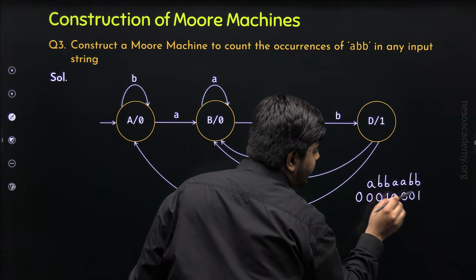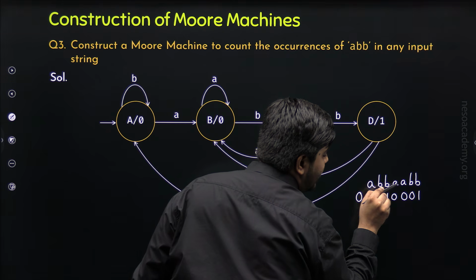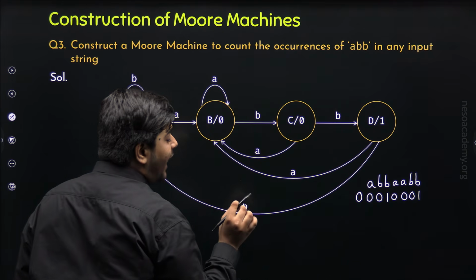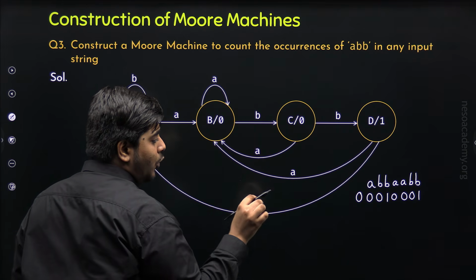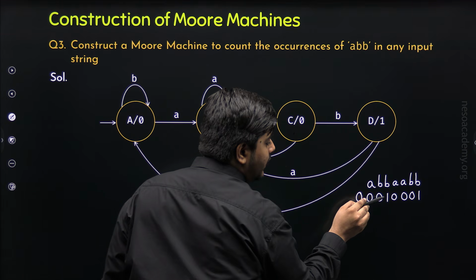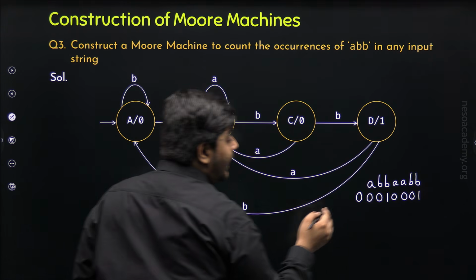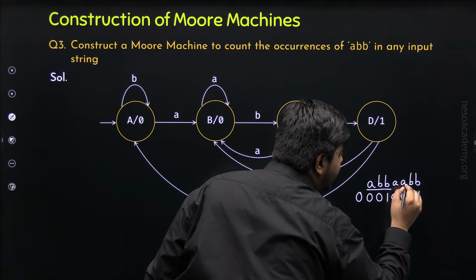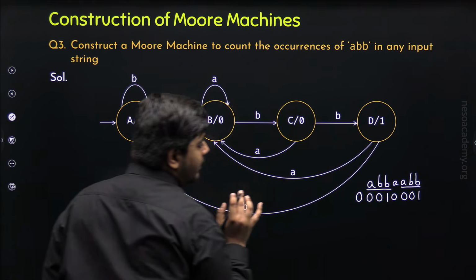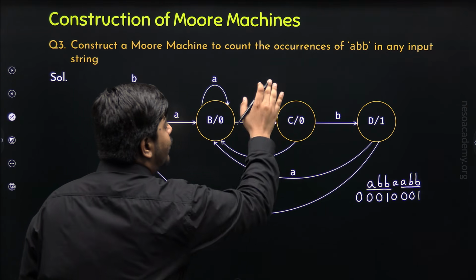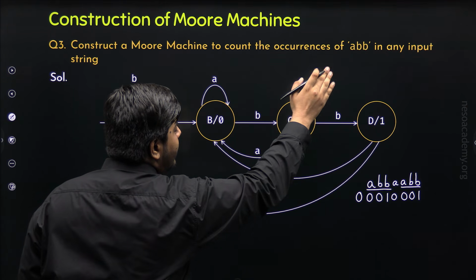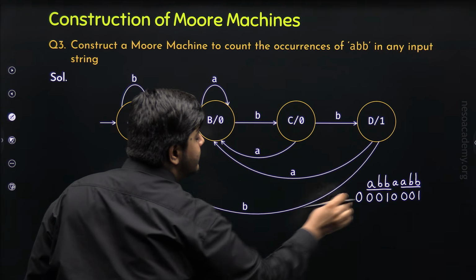Again we have got 1 because we have detected the sequence ABB. So the number of times 1 occurs in our output string is equal to 2. There are two 1s in our output string, which means there are two ABB in our input string. In this way, we have counted the occurrences of ABB by counting the number of 1s in our